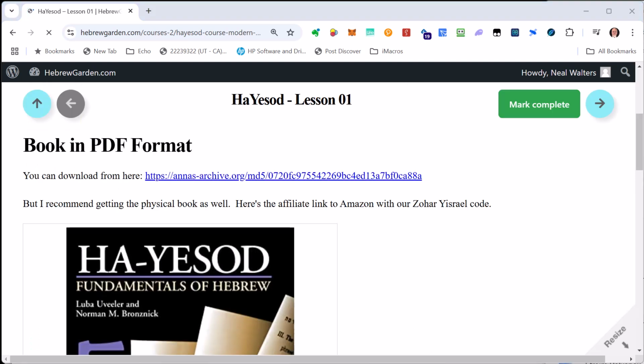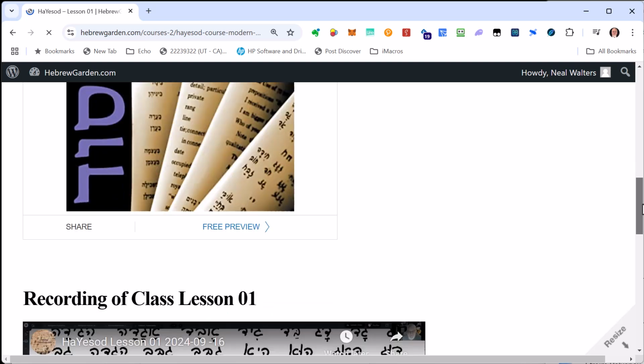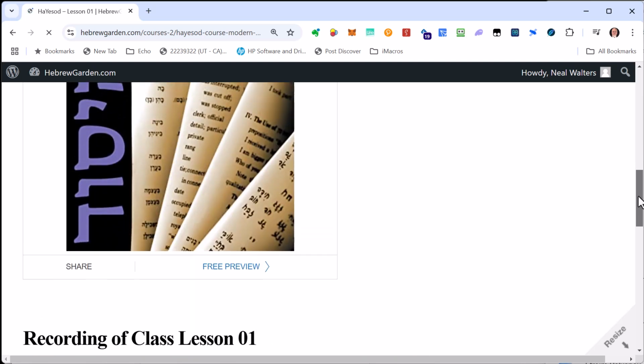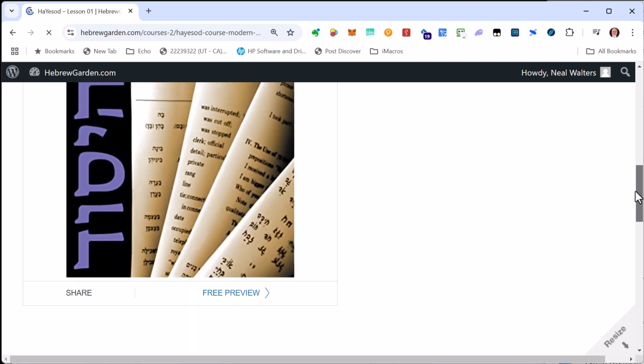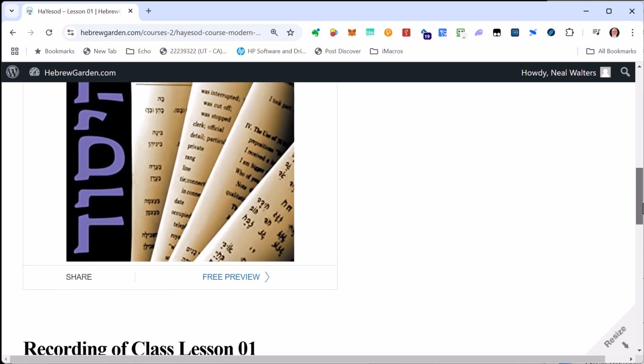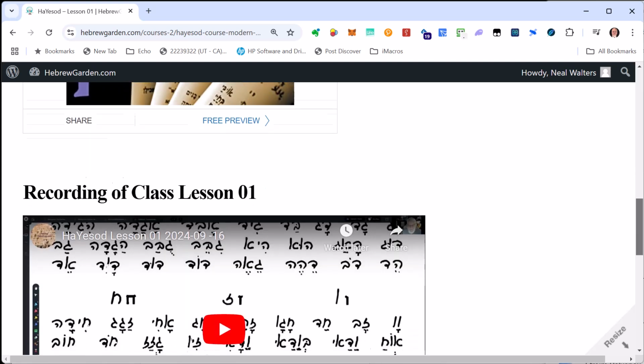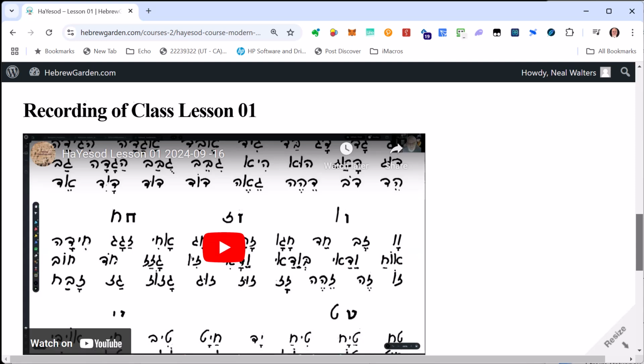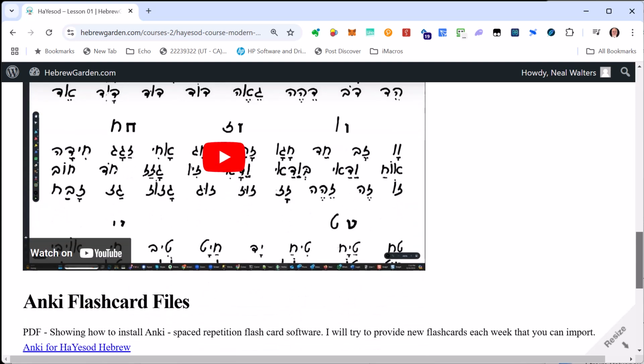For lesson one, we have to talk about the book and how to get it. Again, I strongly recommend you buy the book, and you might be able to find a PDF version online, but I don't necessarily suggest that. I think you should own a copy of the book. And then here we have the recording of lesson one that was done, and I put it on YouTube as